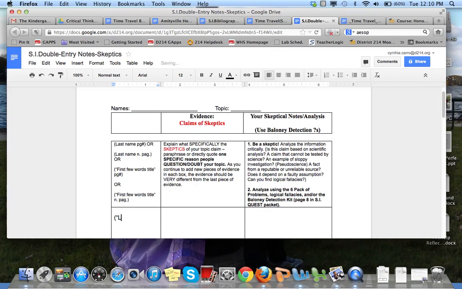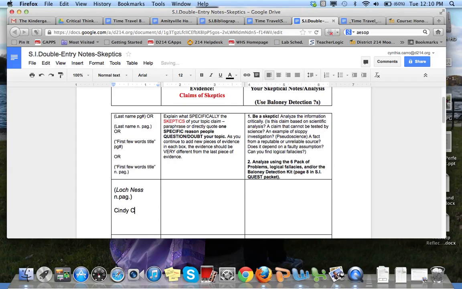If you're using the entire website, we don't put quotation marks around it, we italicize. And again, n.pag., so n period, pag period. Make sure your citation is correct. The other thing you guys will need to do is you'll need to add your name to the box that you're going to fill out so that we know who's doing what. So for example,